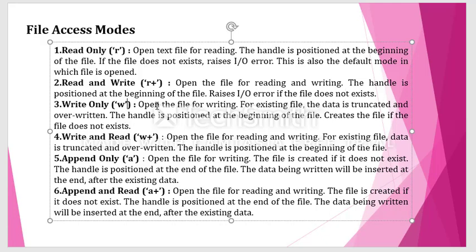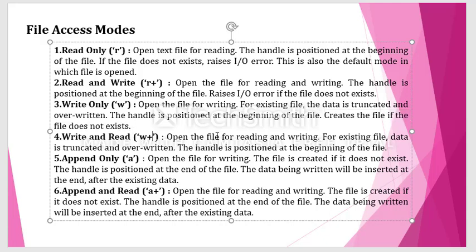Next, write mode. Write mode is when you want to write something in the file. Here the thing with write mode is, if the file doesn't exist, it will automatically create the file. So you see the last point. If the file does not exist, it will create the file automatically. But in reading mode, if the file doesn't exist, it will give an error. That is the difference between read mode and write mode.